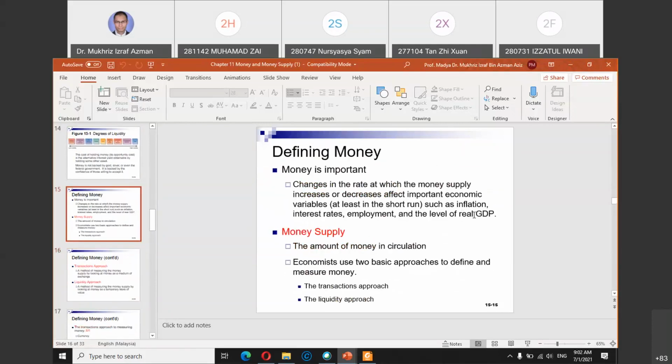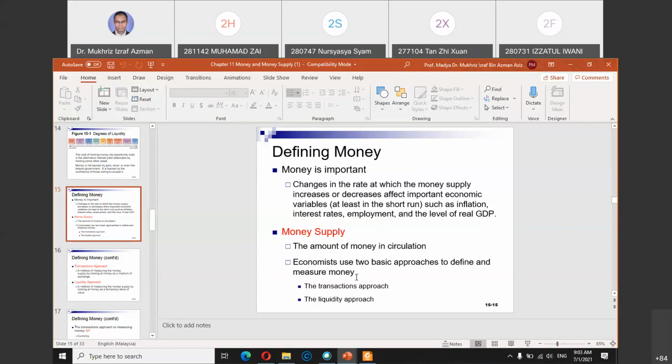And then we have what we call money supply, which is money in circulation. Of course, chapter 11 deals with money and money supply. So how much money is in the system? In the system means in the banks and the currency in circulation, because every day millions, or maybe billions, of money are transacted in the country or in the world, whether you pay for services or goods, or withdraw money from banks. So money is circulated, and money supply is how much money is in circulation.